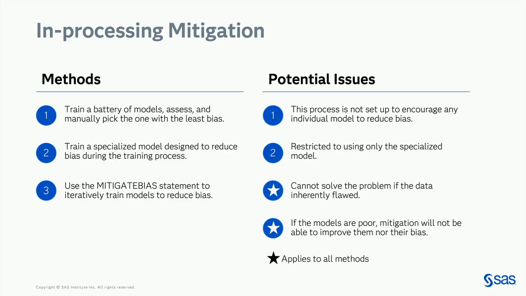So one thing I do want to point out is that if your data is really bad, any of these in-processing techniques will not work, right? You can only do so much to make up for really imbalanced or really bad data. And if your model is really bad, there's only so much you can do. So if your scenario is not good at predicting the model for anything, rare event modeling can be pretty hard. Sometimes you get models that predict all zeros and don't predict the rare events well. Mitigating that model is not going to do very much because you already have a model that isn't particularly well suited.